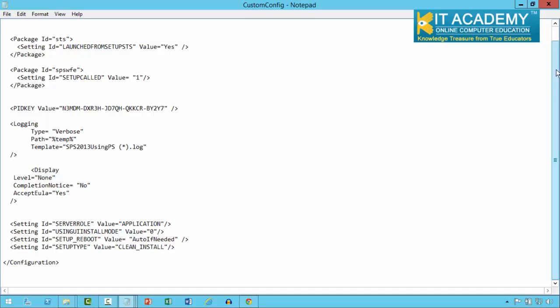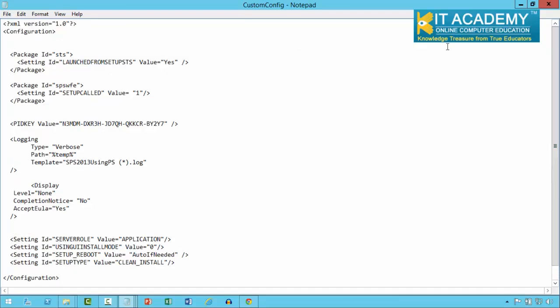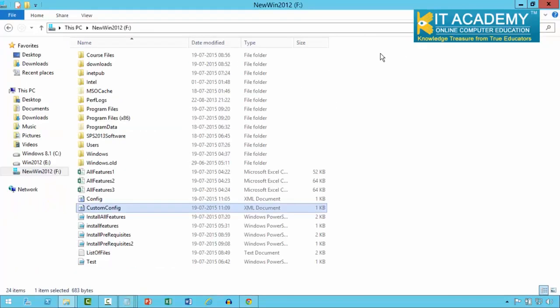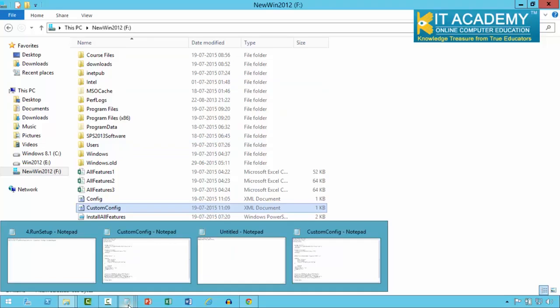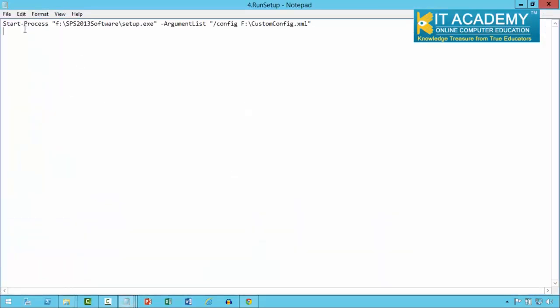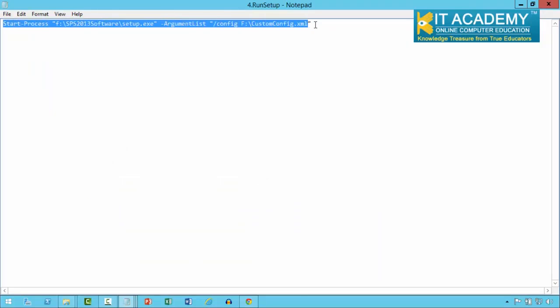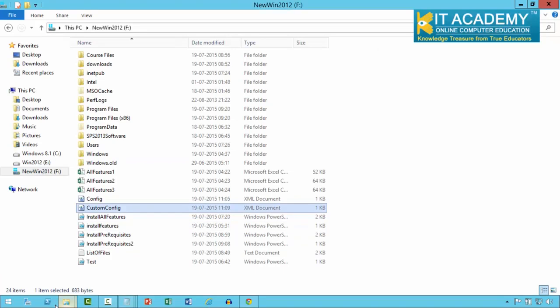So this is how you should get ready with this kind of config file. I have this config file inside my F drive. Now the next step for me is to run this setup file from the PowerShell script. So let's go back to the PowerShell session,